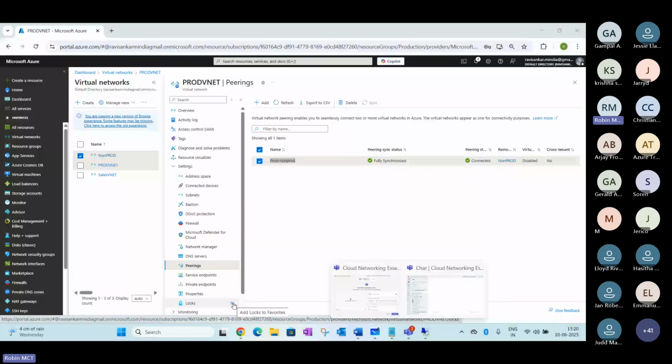No, pairing with the on-prem server is normally done with the help of a VPN called S2S VPN. Or if you're trying to integrate your Active Directory, you will use AD Connect, and with the help of that we'll do the replication.